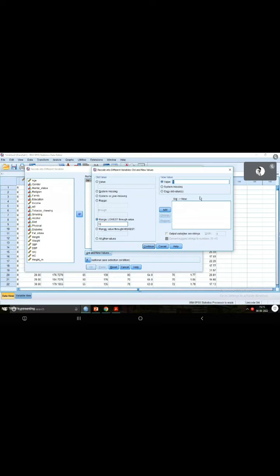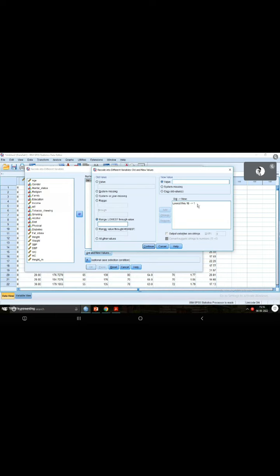This is the first category. Of course, we can label them later as 1 means underweight, 2 means normal, 3 means overweight and obese, and all that. But here you can't mention normal or anything as a string. It will not allow you. You have to give a number or a code. So if the person's BMI is less than or equal to 18, then the value is 1. Then you have to click on this tab, Add.